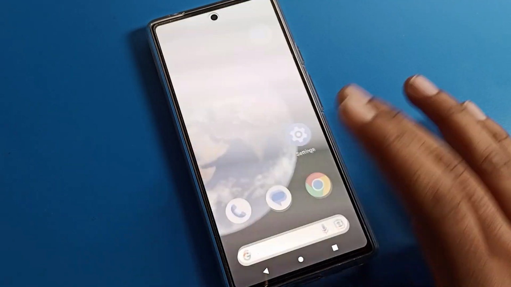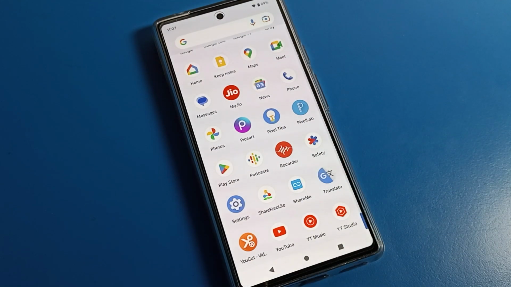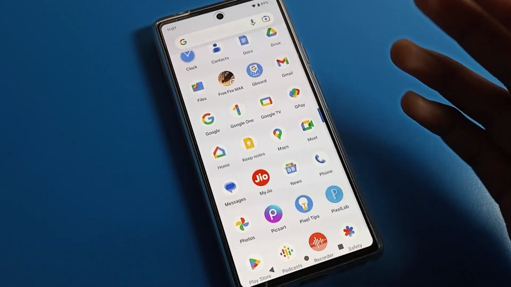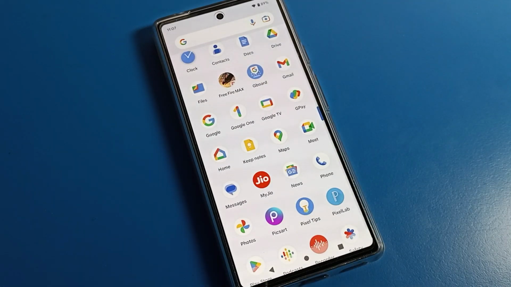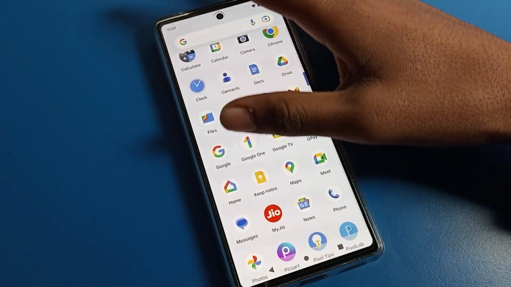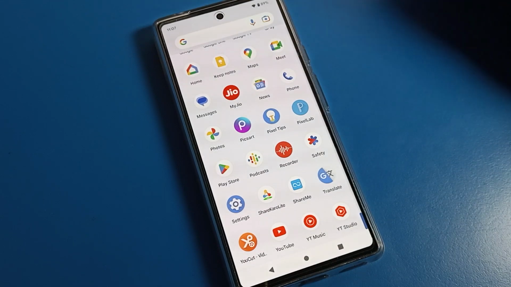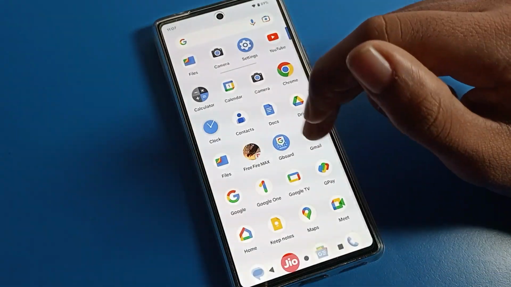Today we are going to talk about Google phone settings, and I am going to show you how to turn off apps notification on Google phone. So if you want to turn off any app notification on your Google phone, how do you do it? You don't want to use YouTube notification, Google notification, WhatsApp notification, or any app notification. Today I am going to show you how to turn it off in